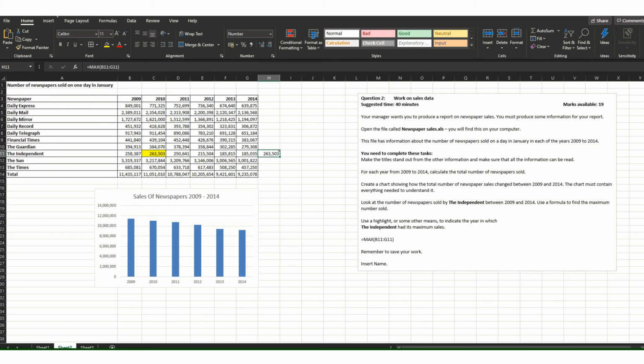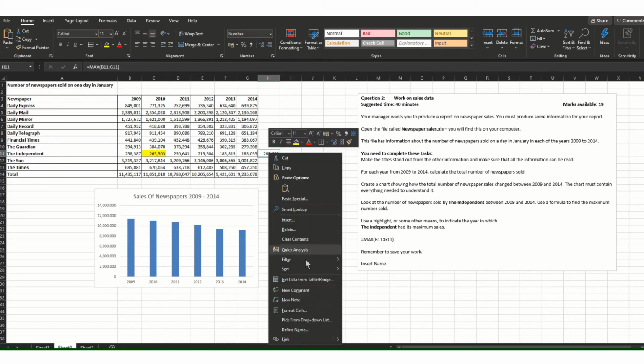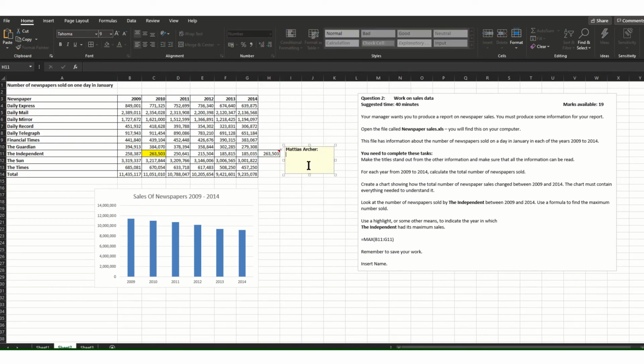So let me just go back over that again. I highlight the box I want. I go to New Note, which brings up a little pop-up box here. I'm going to type, 2010 was top selling year for the Independent. So the advantage of that is that if anybody comes in regarding this, they can look here